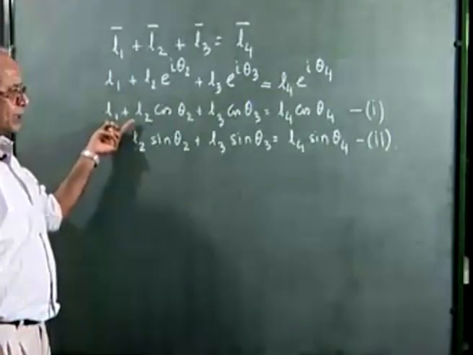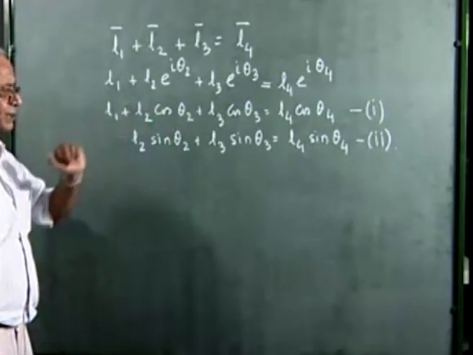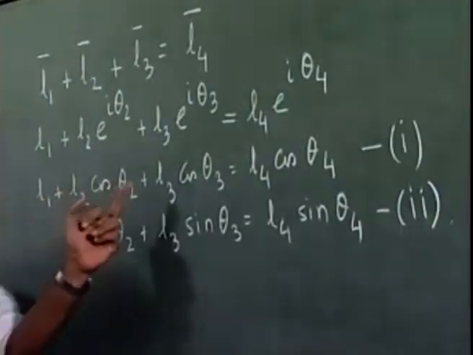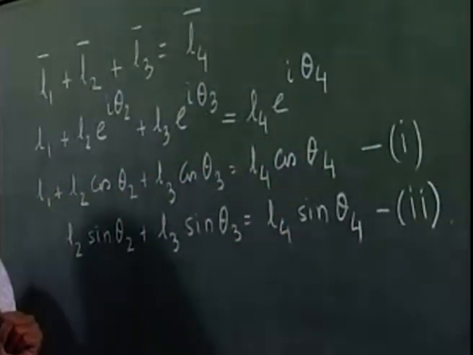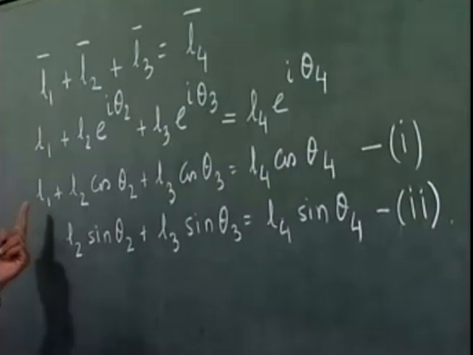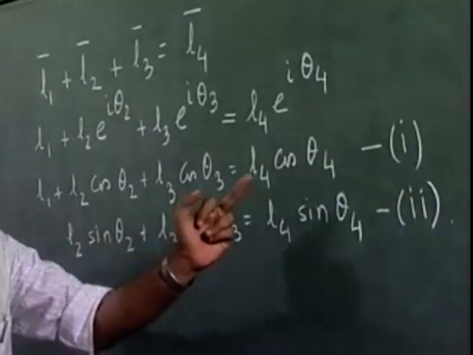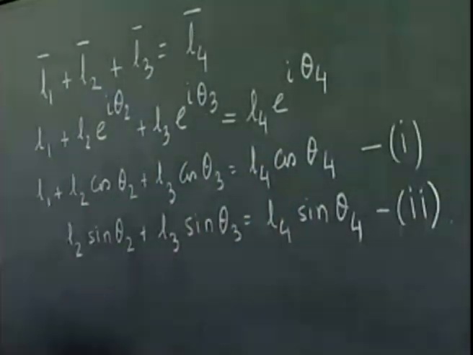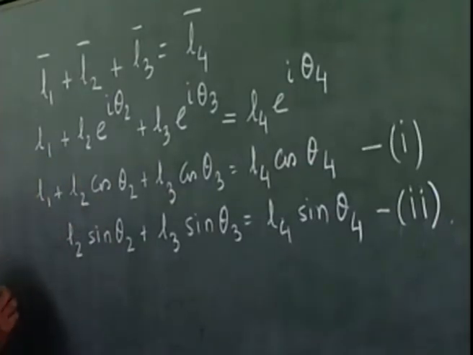Now, these equations are valid for all instants of time where theta 2, theta 3 and theta 4 are functions of time, whereas the link lengths L1, L2, L3, L4 are constants, time independent constants. Because these equations are valid for all instants of time, I can differentiate both sides of these two equations with respect to time, and I can write from the first equation